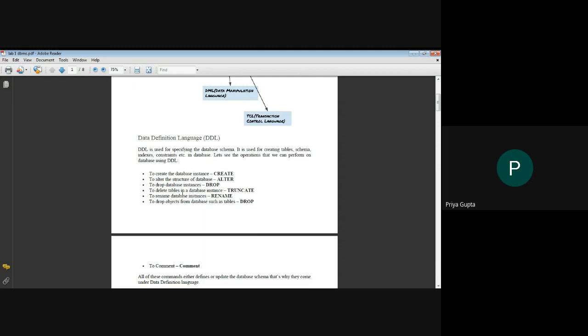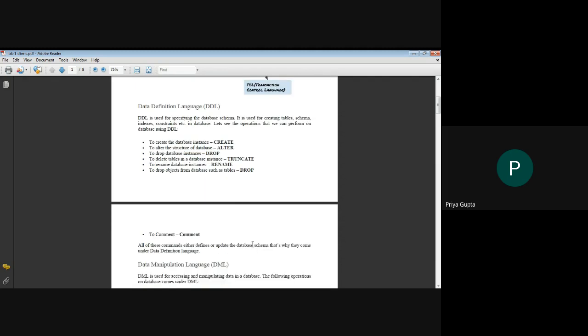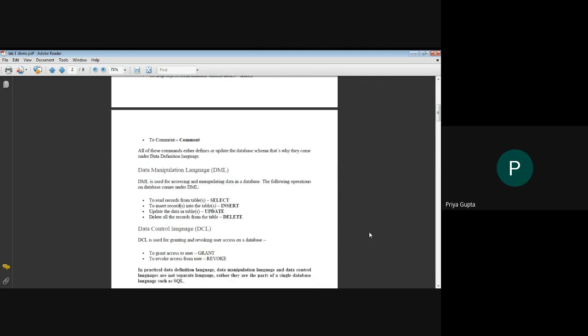To delete the data in the tables of the database instance, we use truncate. To rename a table, we use rename. To drop objects from the database, such as tables, we use the drop command. All these commands either define or update the database schema. That's why they come under data definition language.